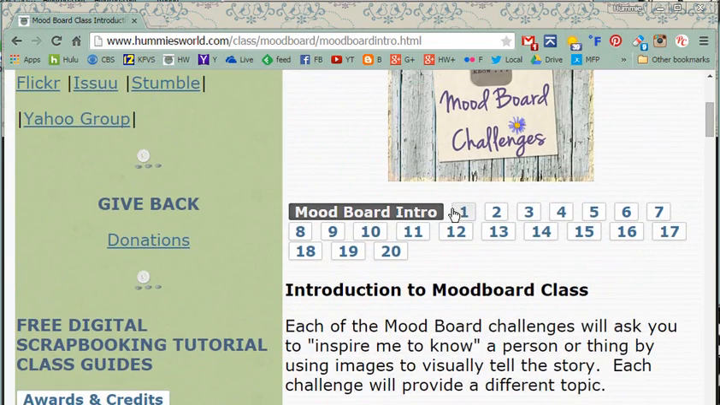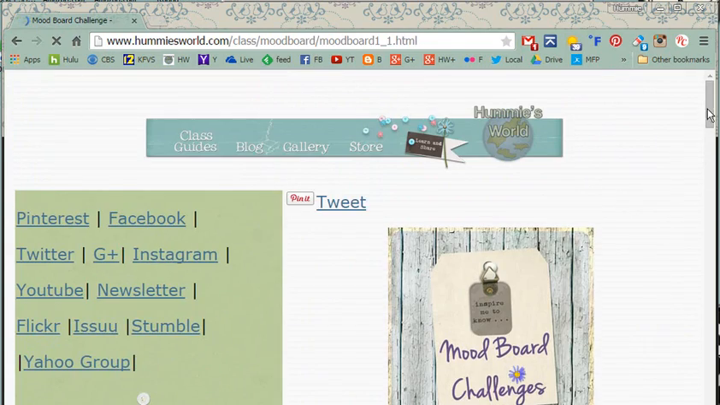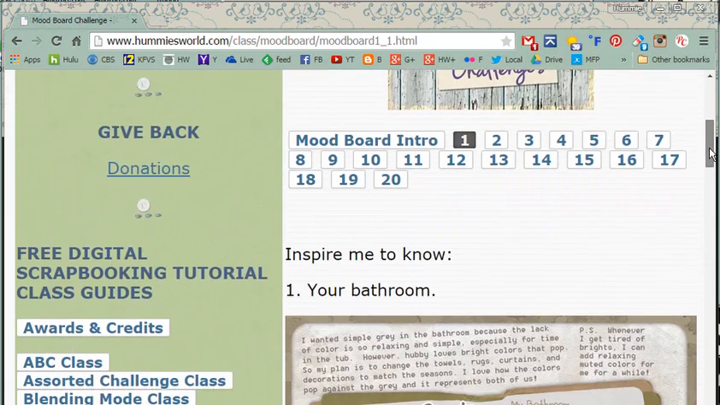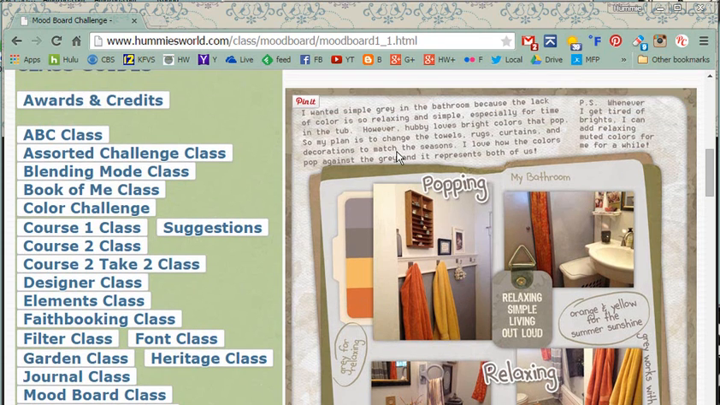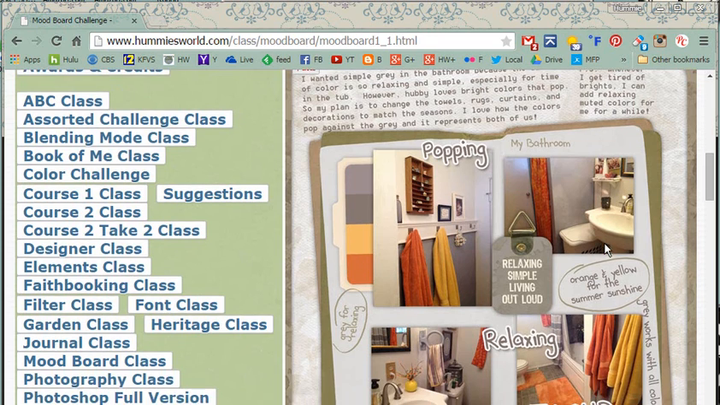Back up here, let's look at challenge number 1. I've created 4 of these already. Inspire me to know your bathroom. And so this is made with my kit. Here's my descriptive words. I've got these little circle things like somebody's circled something on a page in my kit. Here's the color palette filled in. And I've actually got journaling on mine. You wouldn't need journaling, but